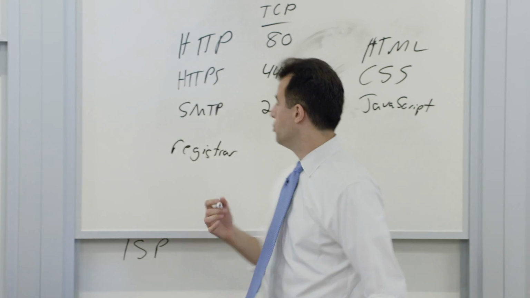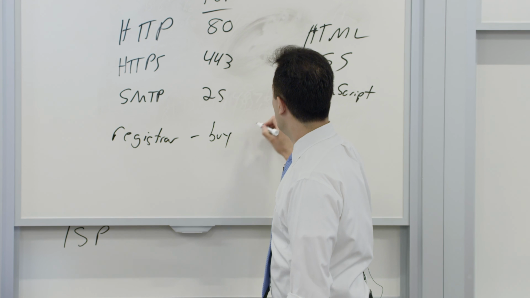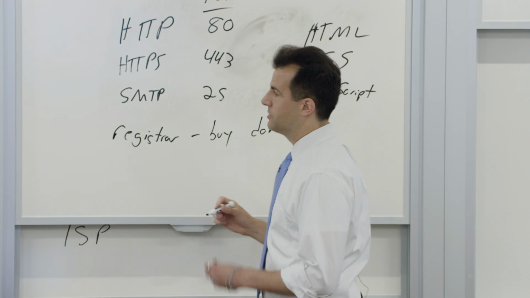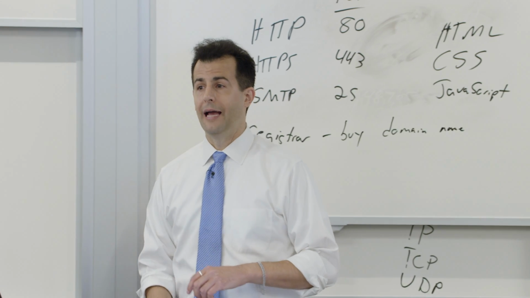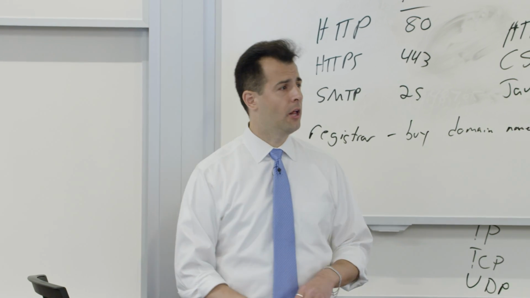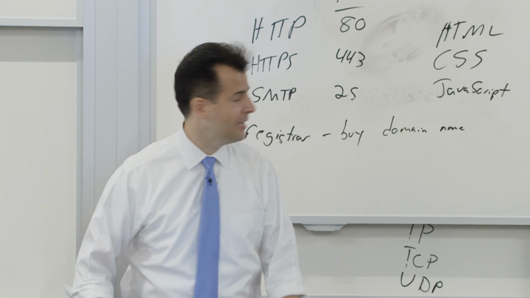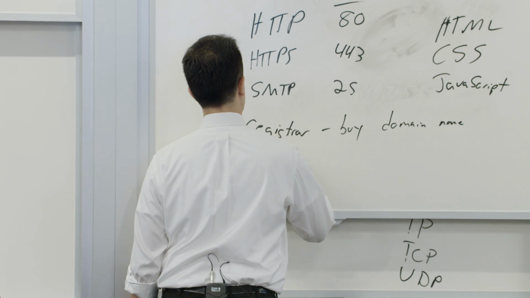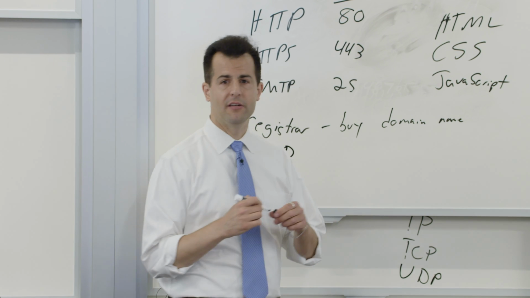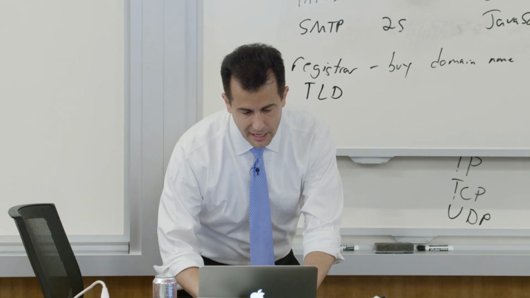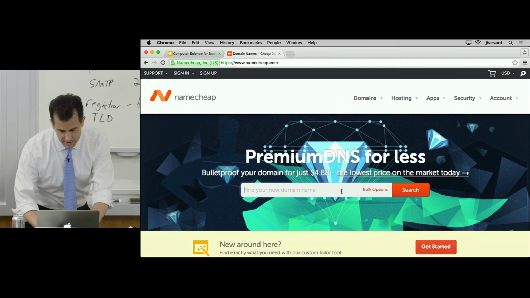And from them, you buy a domain name, or you kind of rent the domain name, because by nature of how the internet was set up, we pay annually for these things, from like $5 to maybe $200, depending on which top-level domain or TLD you want. And by TLD, I mean .com or .org or .guru. In fact, if we go back to Namecheap, which is a popular, fairly inexpensive website, if I want to get